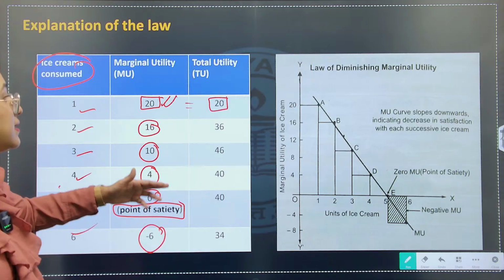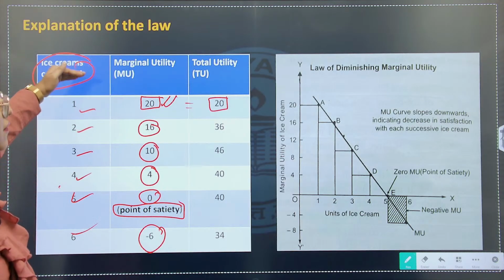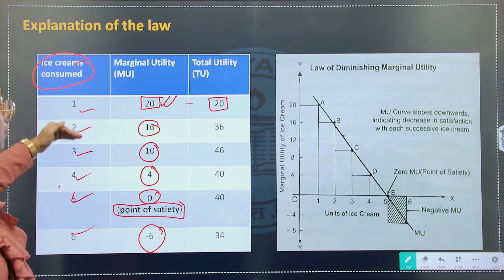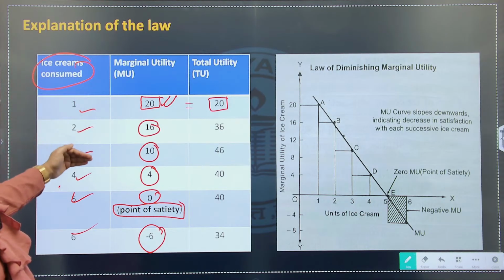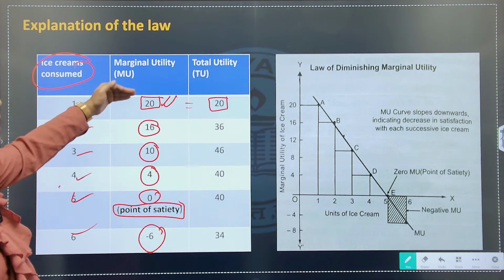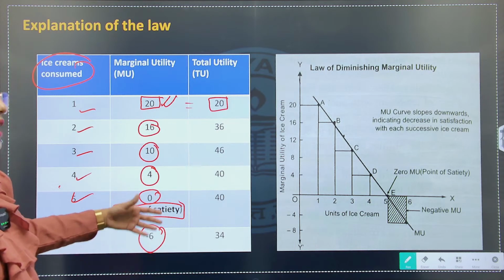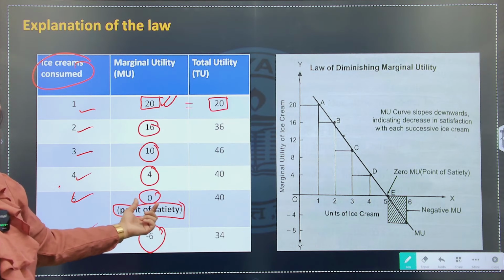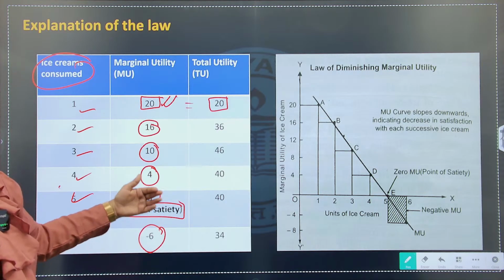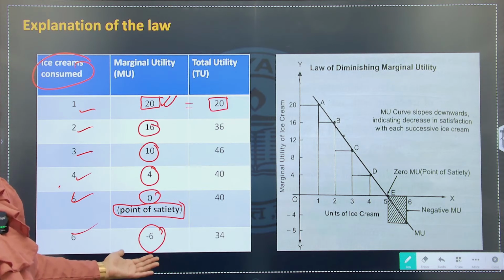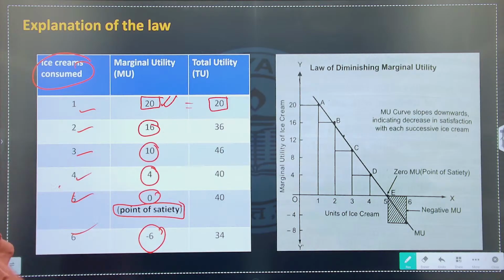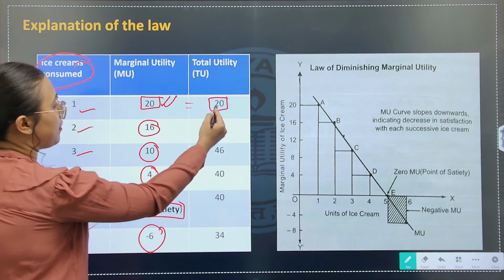So what you see is that when more and more units of a commodity are consumed, the marginal utility derived from its successive units goes on decreasing. At one point it becomes zero, the point of satiety, and after that marginal utility becomes negative. How do we find total utility? Just add: first two together,